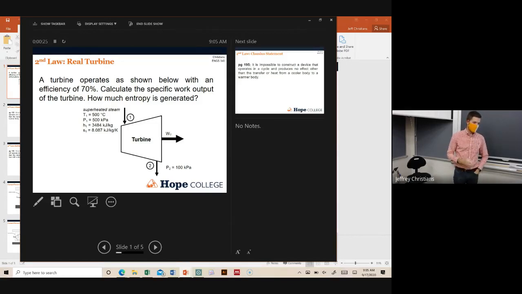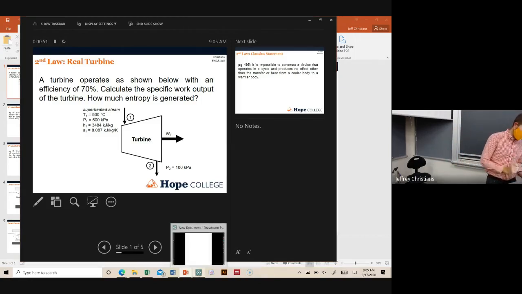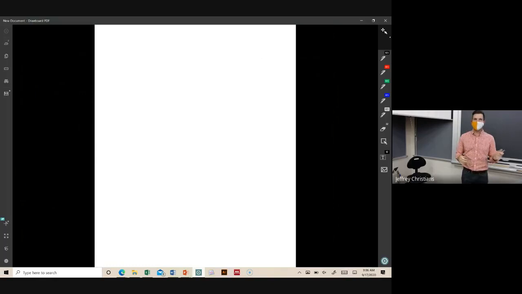We went through this example in class. We said a turbine is operating. It's not an ideal turbine, it's a 70% efficient turbine. We calculated how much work we got out of this, and also how much entropy is generated. We can math our way through that and get all the answers and numbers. I just wanted to talk a little bit about a way to help you,